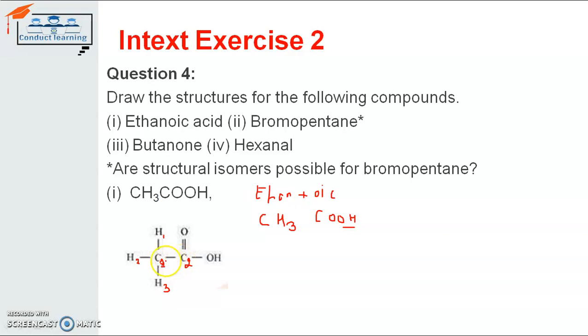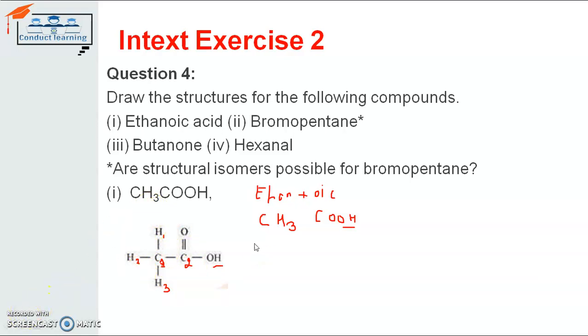So accordingly the C2 also will share 1 of its electrons with C1, 2 of its electrons with the oxygen, because the oxygen having the 2 vacancies, so that's why it will share 2 of its electrons with the oxygen, and 1 left electron with the OH group. So accordingly it will complete its bond. So C2 has also completed its bond and C1 has also completed its bond. So this is the complete structure diagram for ethanoic acid or acetic acid.